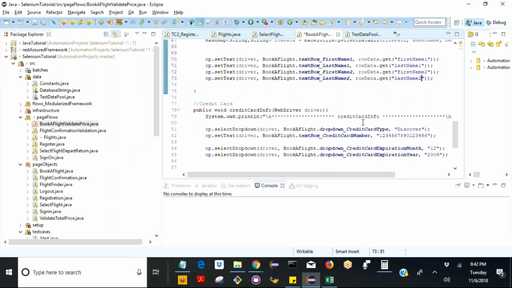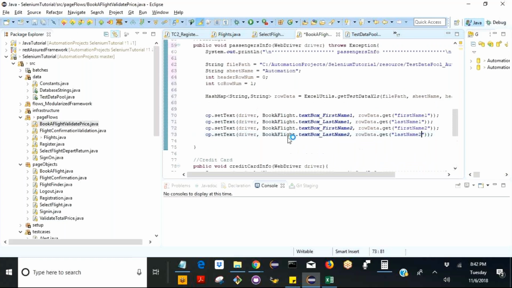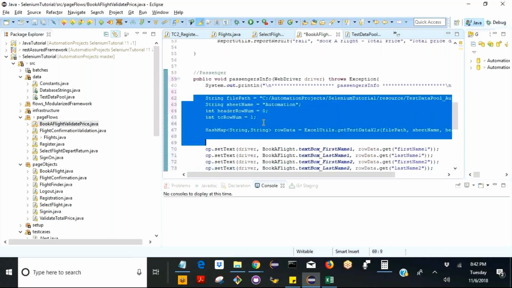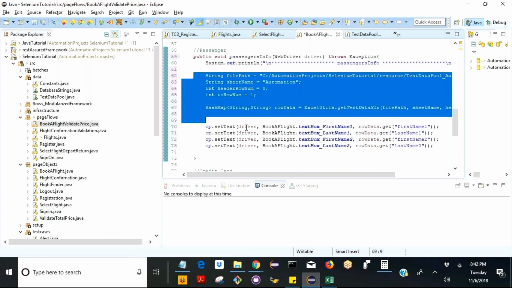Okay, so that's done. Passengers info, same thing for the credit card info. I'm going to repeat this there also. I could have passed the hash map here, but that is a different story, and I want to avoid that hash map. All I can do is,